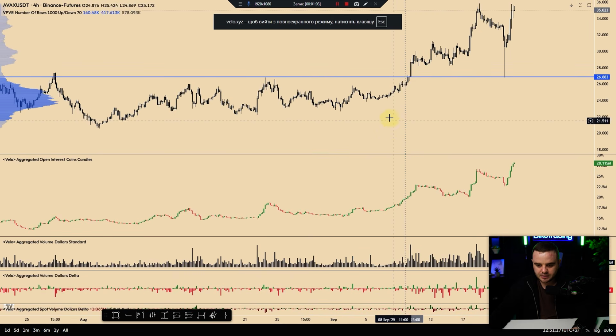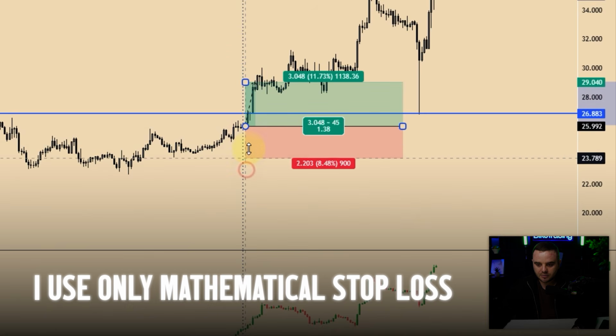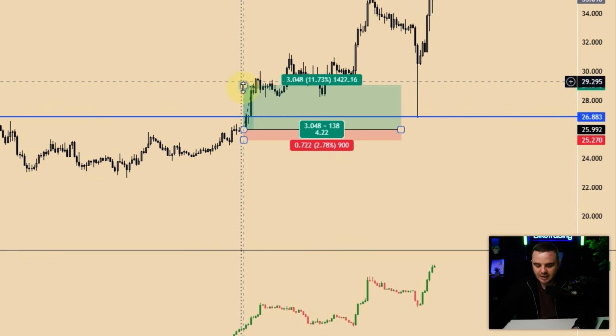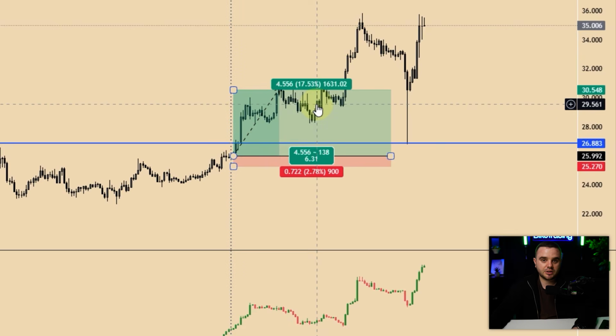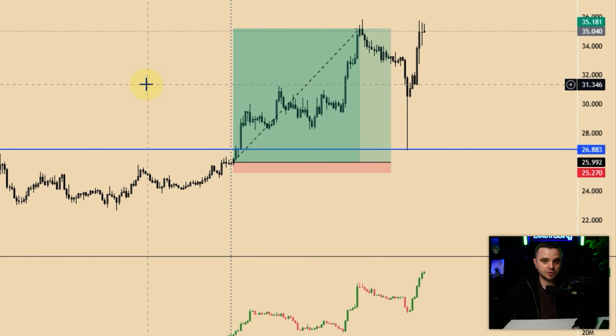Let's cover here on a chart how it looks. It was exactly here, the moment when I took a trade. In that case my stop loss, I use only a mathematical stop loss. It was 2.5%, and take profit I kept until this entire range high. Honestly, I could keep my position longer and would make 2 times more, but still, that's another story. Let's cover the second trade.